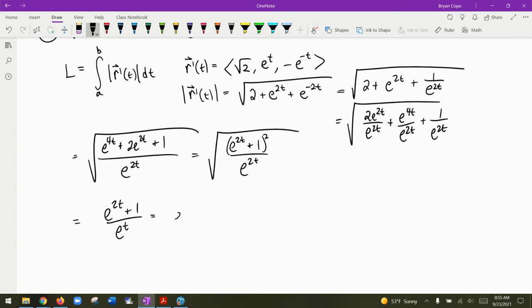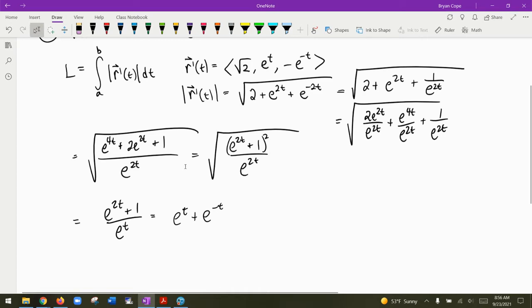Dividing that gives us e to the t plus 1 over e to the t, or e to the negative t. I don't necessarily expect you to be able to do all of that simplification. You could basically just go to the calculator probably from step number 1 there, but just wanted to show you